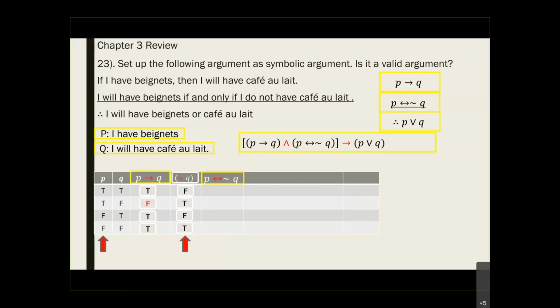Whenever you try to compare with a connector, you always ask yourself, what 2 columns am I connecting? I compare P, if and only if, negation of Q. So when is this true or false? Reminder, in order for the double arrow to be true, they